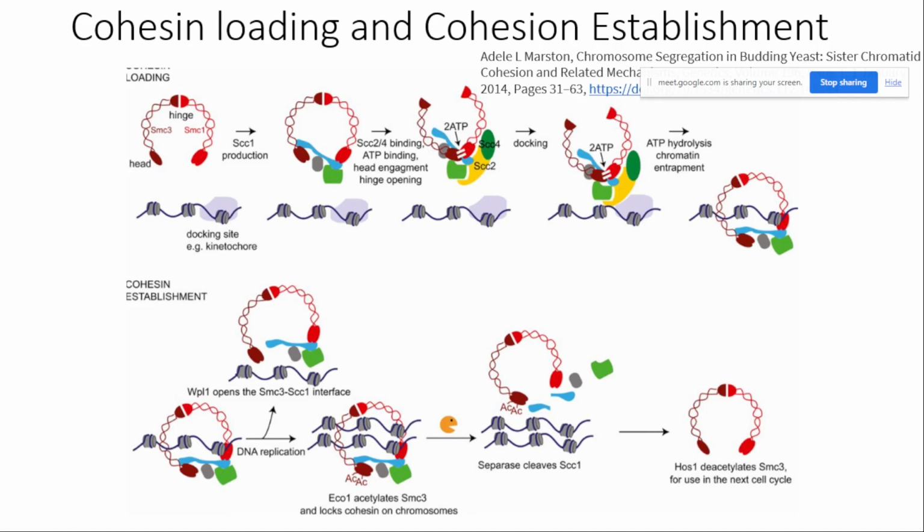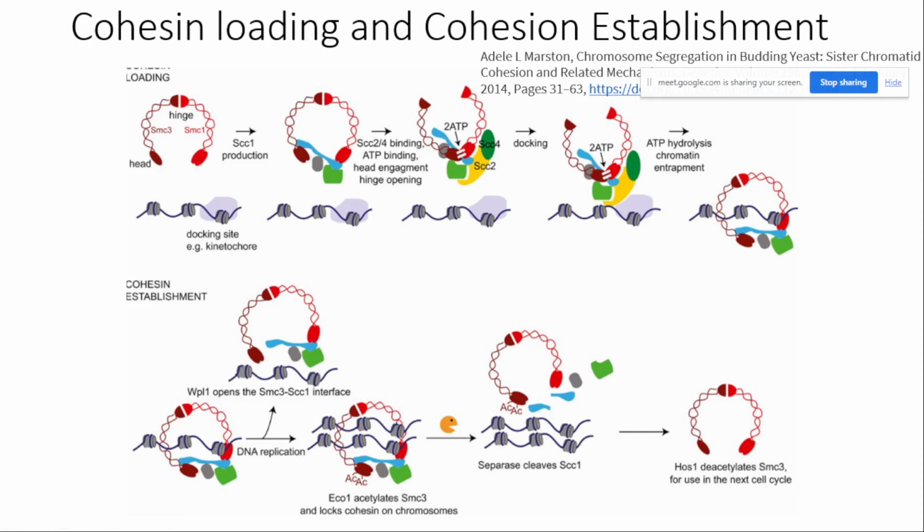Okay, so how does this cohesin loading occur? Cohesin loading is only found in the late G1 phase. In early G1 you will not find your cohesin loaded into the chromosome. But in the late G1, when there is a requirement of S phase, when replication is just about to start, then you will find that cohesin will start to load into the chromosome. So how is this binding being controlled?